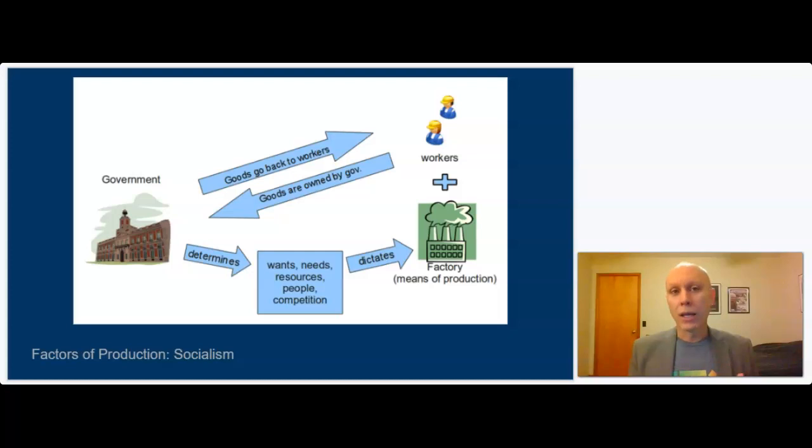And in reality, in a true socialist system, it would probably be either an individual or a small group of individuals that would be specifically answering these questions. And so as far as what gets produced, that individual would determine what gets made for the entire society. I think that's important to understand about pure socialism: there would be an individual or a group of individuals that would determine, say, for the next year in a society, what was going